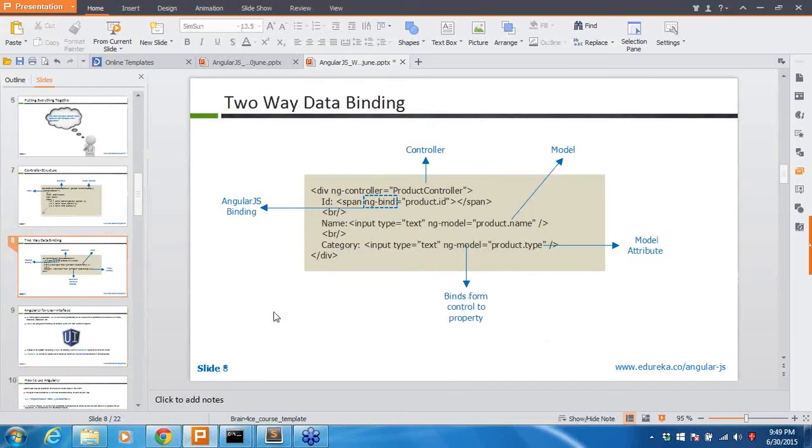Okay, do you guys have any other question on this two-way binding or AngularJS controller or how to declare a web application for AngularJS? From Abdul Kalam, you have a question. Can we have multiple ng-app in the page?